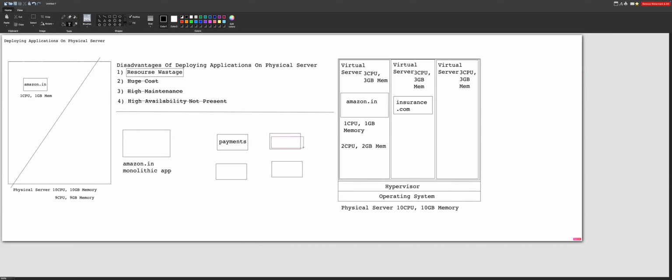This is going to be the cart, and this is going to be the clothing, and this is going to be the electronics. So each functionality in the Amazon.in application is developed as a single separate application, and there will be a communication